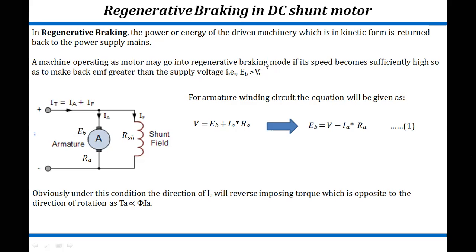But when we are supposed to give electrical braking, we need the back EMF to be greater than the supply voltage. The back EMF being generated must be higher in comparison to the voltage we are supplying. So how can we do this? Under these conditions, if the direction of armature current is reversed, if we change the direction of Ia, the sign becomes minus minus plus, so your Eb value will become higher. So to increase the value of Eb,